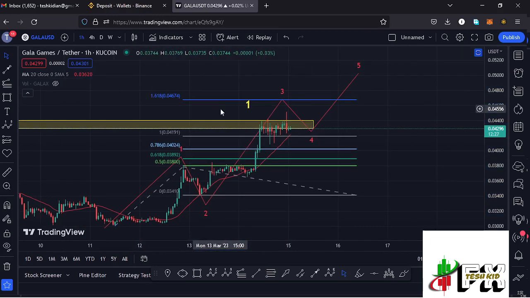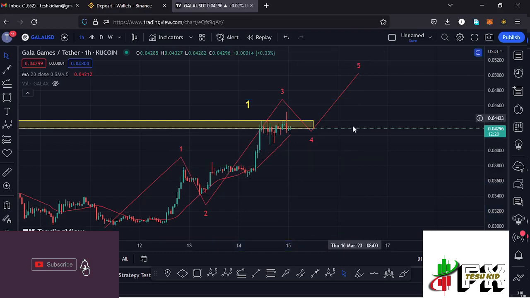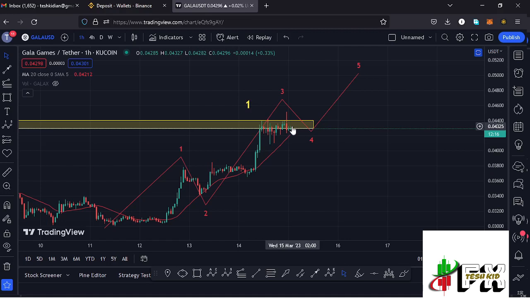$0.04674 mark, and that is the minimum that I'm expecting Gala Games to do in the formation of this wave 3. And I think at the moment we are at a key decision point where we are trying to battle out a key area of resistance at around the $0.04325 mark, and the moment we continue gearing up, continue holding above the 20-day MA both on the 1-hour chart